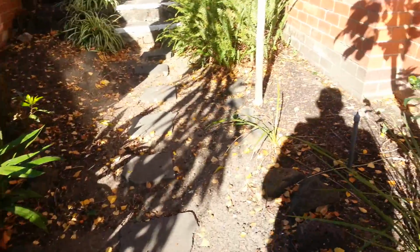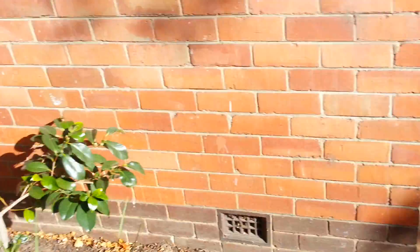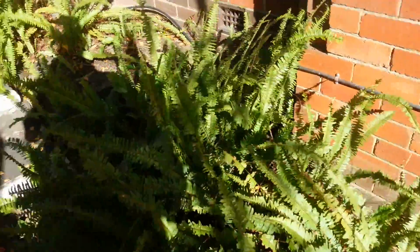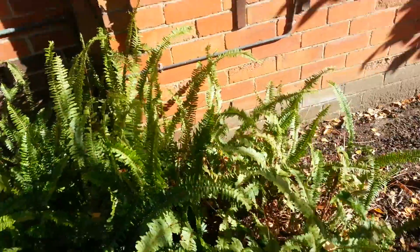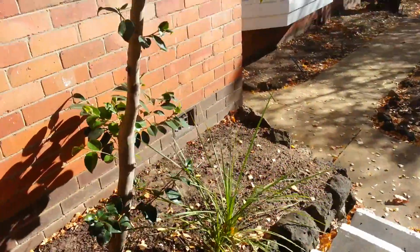This area up here is a big unknown. I'm still thinking that if we use either the spider plants or this fish fern, which is what this is here, so this is fish fern and these are spider plants, we dig these up and distribute those into the really awkward spots under the bay window. That will then leave us with